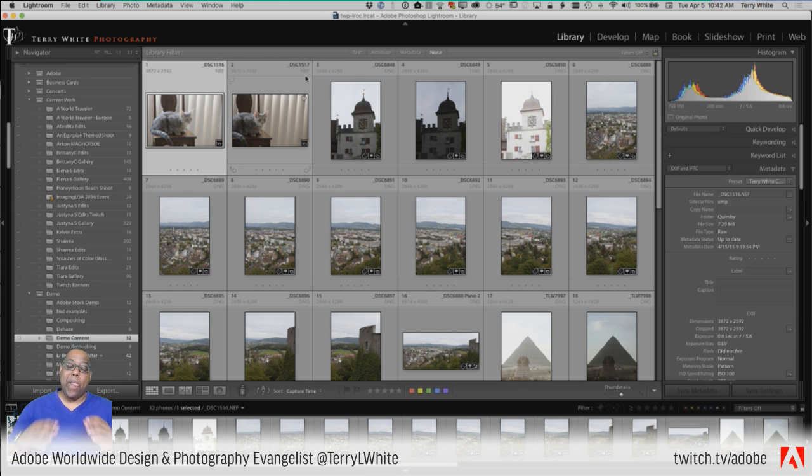So imagine if one day a camera company goes out of business. And you think, I've got hundreds of thousands of photos I've taken with that camera manufacturer's camera over the years.